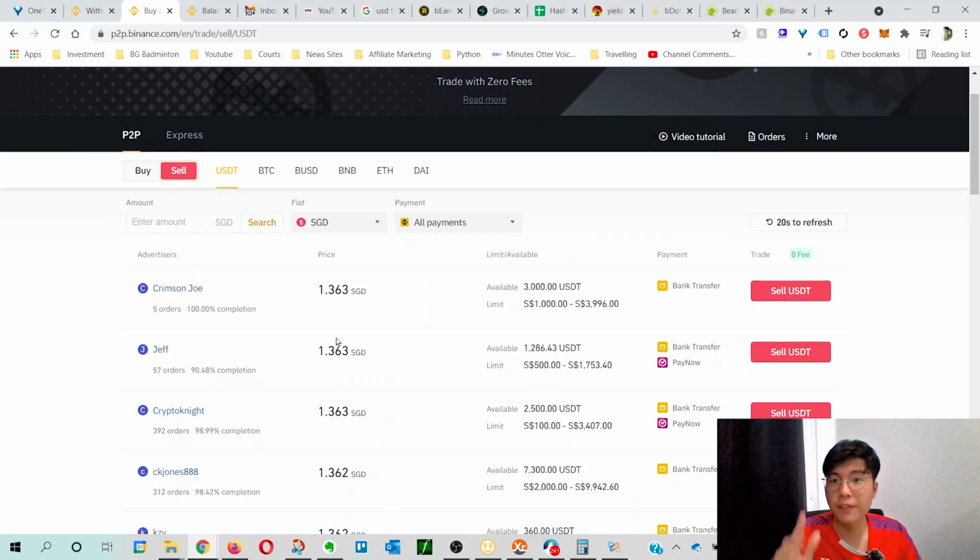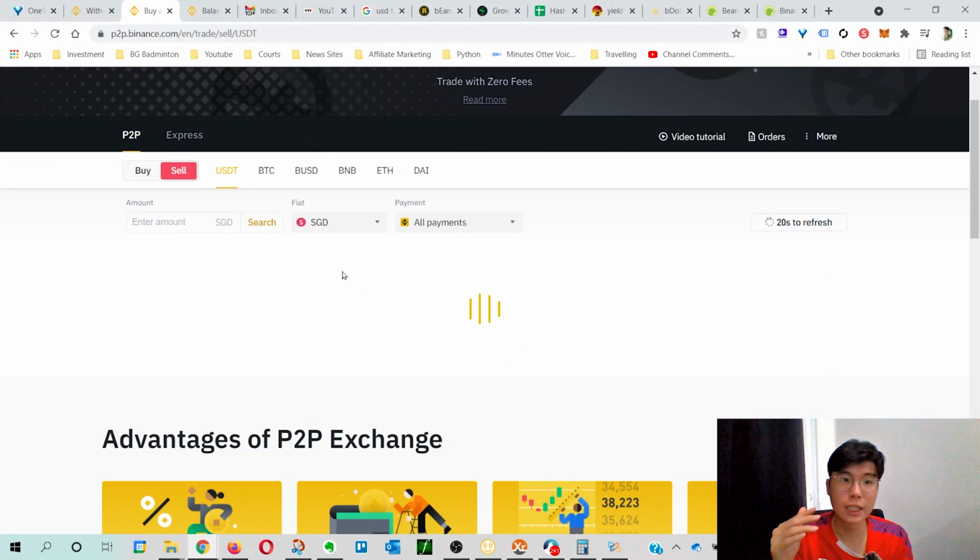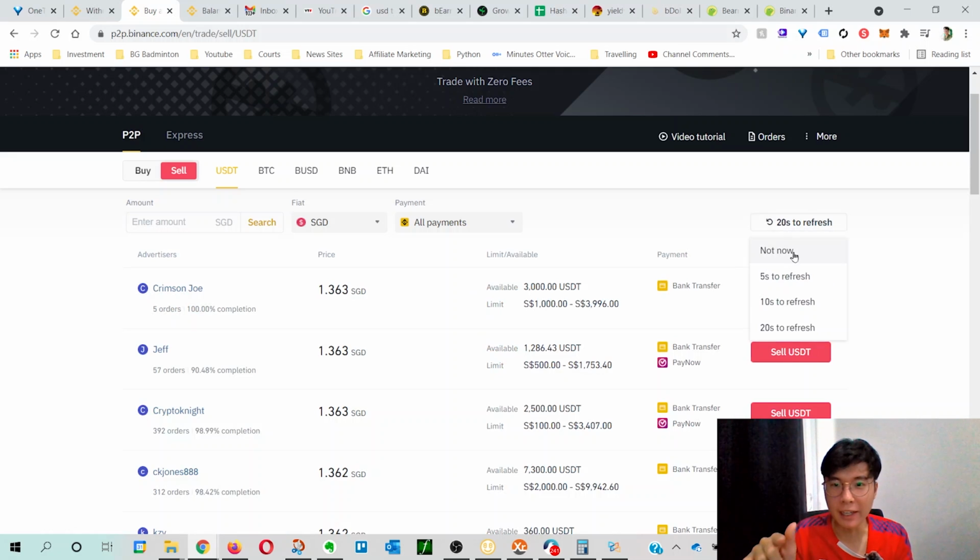So personally, I prefer to use the normal method rather than the Express method, because it allows you to see details, and you will see why later, especially when I'm buying. Alright, so I found a deal that's 1.363, no more 1.5, so I'm going to sell USDT,